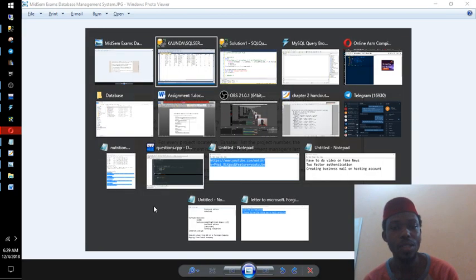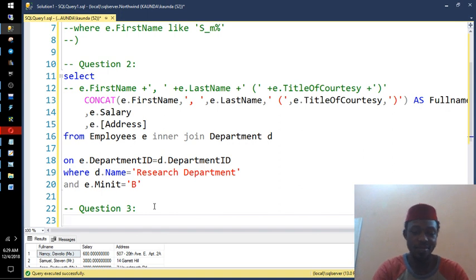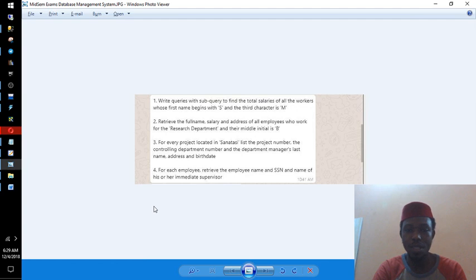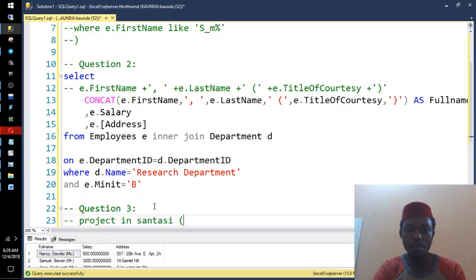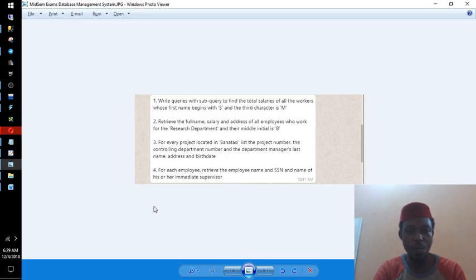So the whole thing is, we need projects in Santase, and for those projects we need the project number, controlling department number,